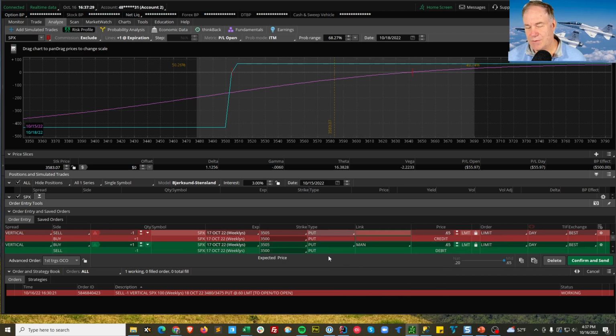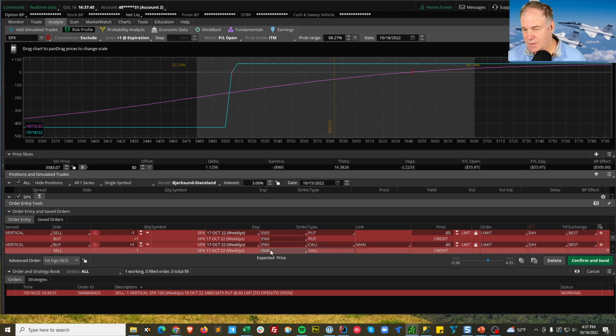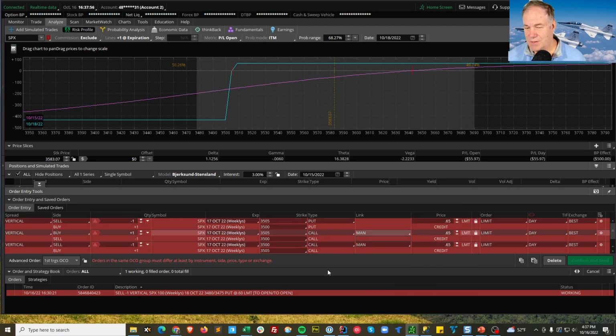Now if we do the opposite order, remember this is going to trigger the day trades, which is what we don't want. So we need a call spread with the same strikes, but so if we're long the 05 on the puts, we want to be short on the calls and vice versa. So here we're long the 3500, here we're short the 3500, long the 3505, or short the 3505, long the 3505. So that'll create a box. And then we're doing an OCO, so we want to duplicate this one. Thinkorswim is going to warn us that we can't have 2 orders in an OCO group with the same